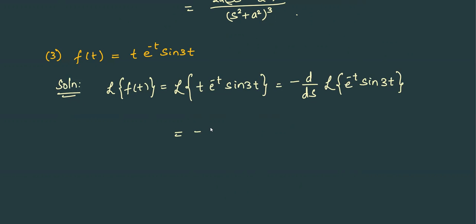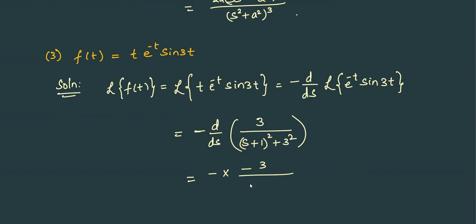So this is minus d by ds. Now we have to apply the shifting property here. 3 by s square plus 3 square. This s will be replaced by s minus a. a is minus 1. So s plus 1 the whole square plus 3 square. Now we need to differentiate this one. So minus